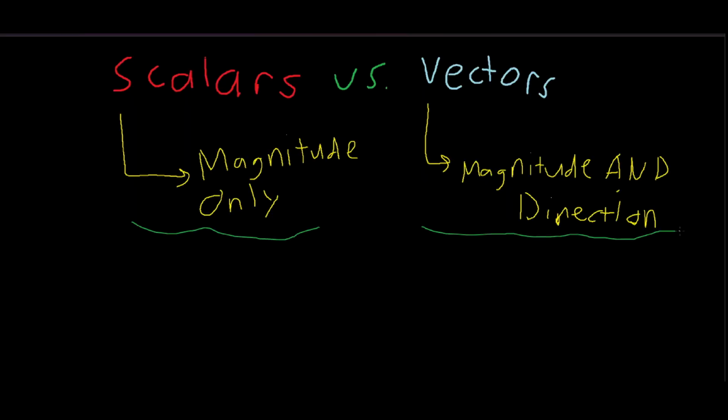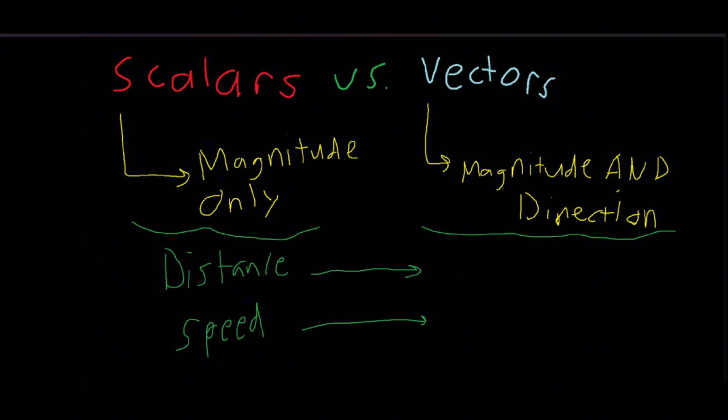Alright, so starting off, it's important to differentiate between scalars and vectors. Scalars have magnitude only, whereas vectors have magnitude and direction. So for example, distance is a scalar. Same with speed. Whereas their vector counterparts would be position and velocity,